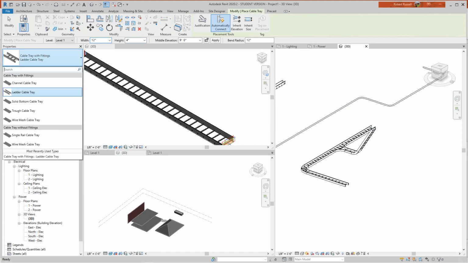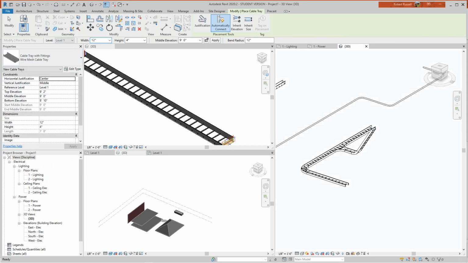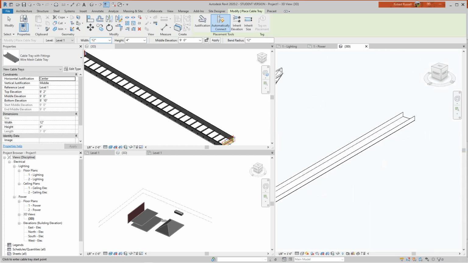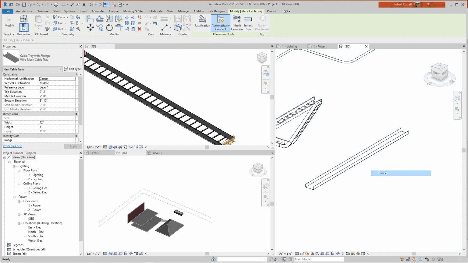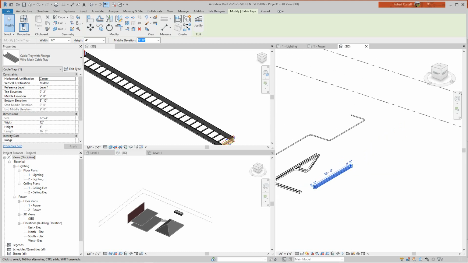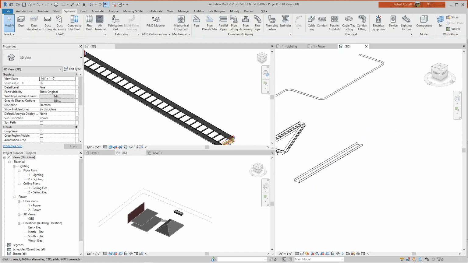These are all the different types of cable tray. You have solid bottom, trough, wire mesh. Now, wire mesh is not really wire mesh. They just did it this way because it's basically symbolic or a placeholder, because you can't. I've got some wire mesh cable tray that I made, and they're extremely heavy. They are really big files, and these are easy, small to work with, and you can basically go in again